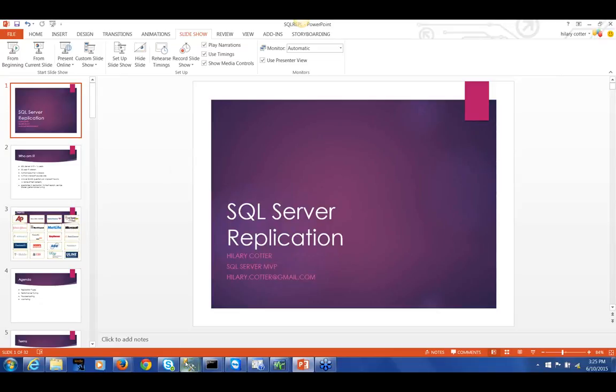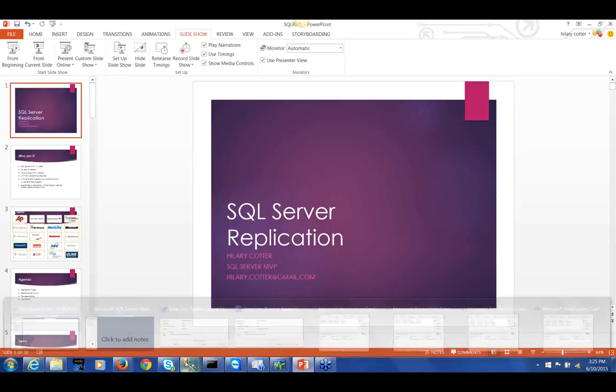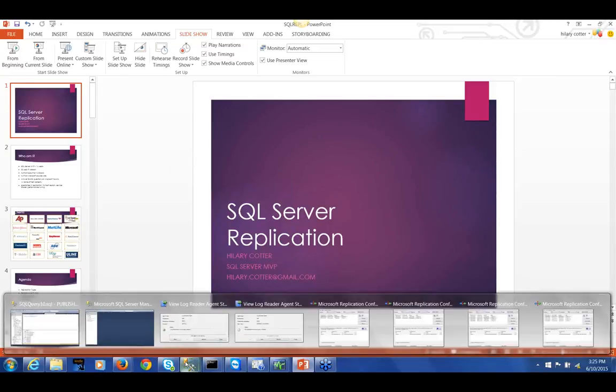If I can set up my agents to run at whatever interval makes sense to me, I could set up my agents to run every day or every second day. Ideally I would have my log reader agent running, so the size of my publication database would